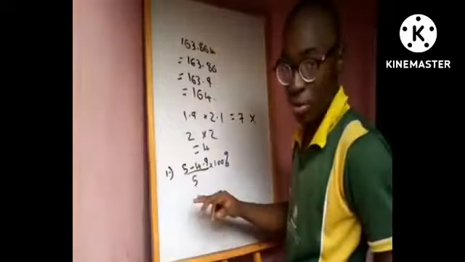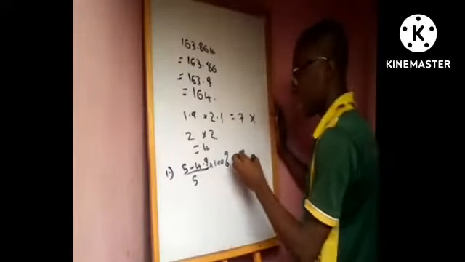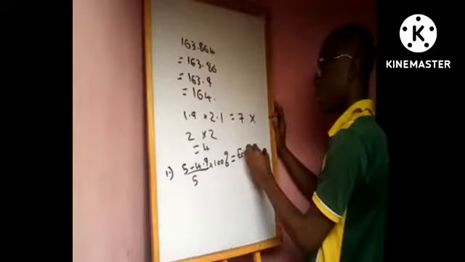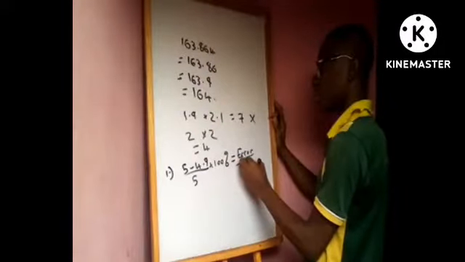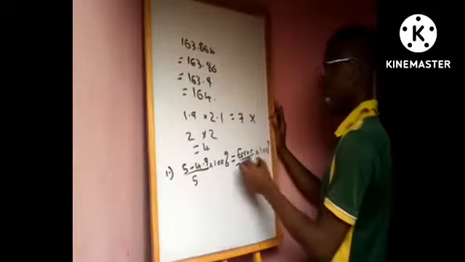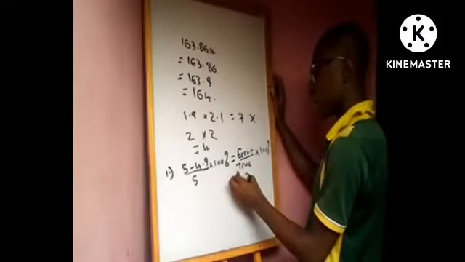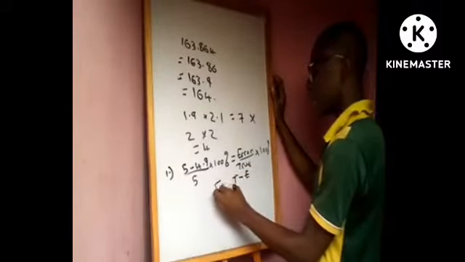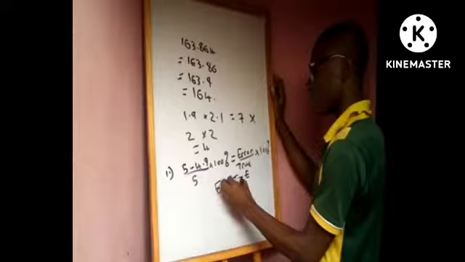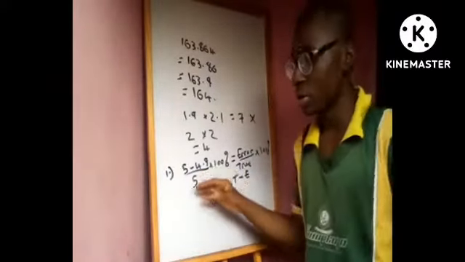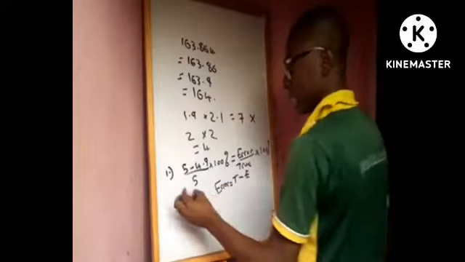So if you are wondering how I got this, this is the formula for percentage error. Percentage error is given by error over true value times 100%. And the error itself is given by what? True value minus estimated value. So the error is equal to true value minus estimated value. So when you calculate this, you are going to get the error, which in this case is